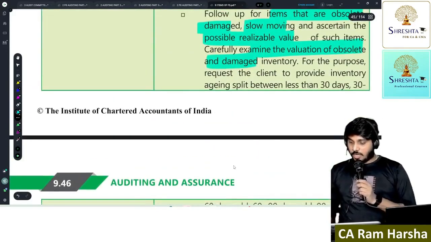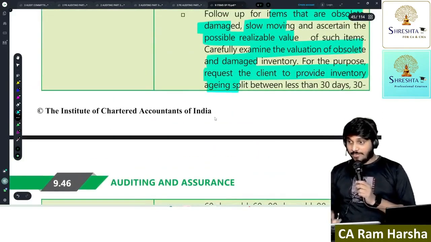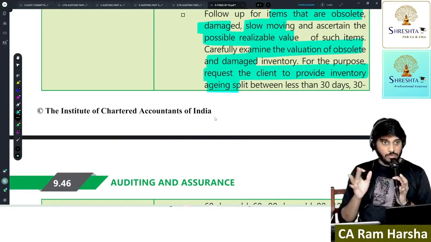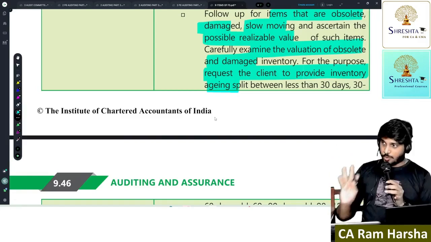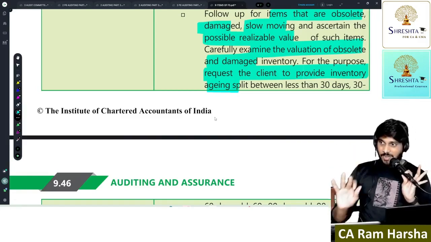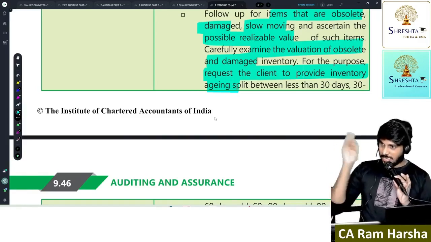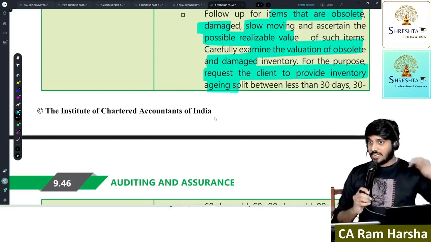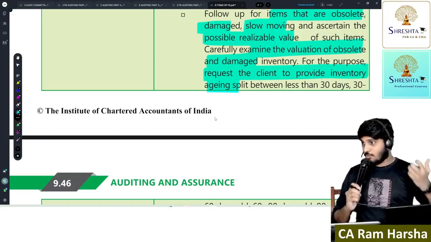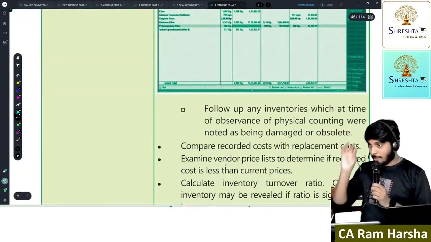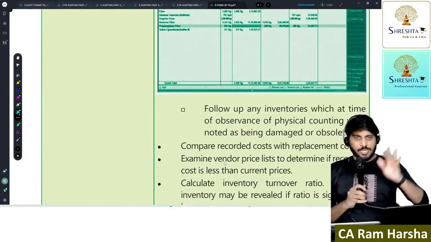For this purpose, the auditor may request the client to provide inventory aging. Inventory aging means what, you know? Inventory is produced, finished goods, but could not be sold. It was produced, but not yet sold till today. The gap is more than 180, less than 180, less than 90, less than 60, less than 30 days. If the inventory manufactured is very recent, it's okay. If the inventory is long outstanding, obsolete, old, create a provision for that. Observe what I'm reading exactly: valuation.